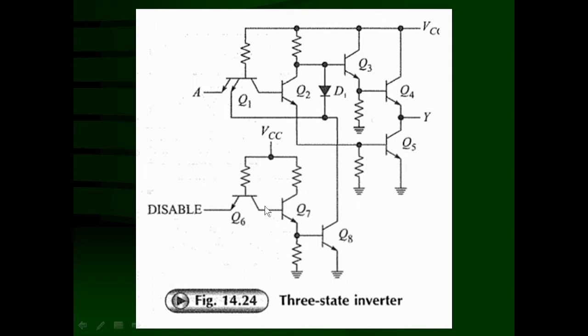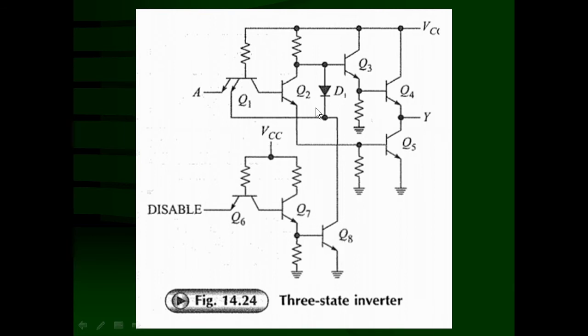And with respect to this, here there is a diode, so again 0.7 volt higher. So at least a minimum of 2.1 volt is required at the base of this transistor, so that the base-collector diode and the two base-to-emitter diodes will conduct. But here, when the disable input is low, the current is flowing in this direction. So the potential at the base of Q6 is going to be low, or 0.8 volt, which is insufficient to drive transistors Q7 as well as Q8 into conduction.